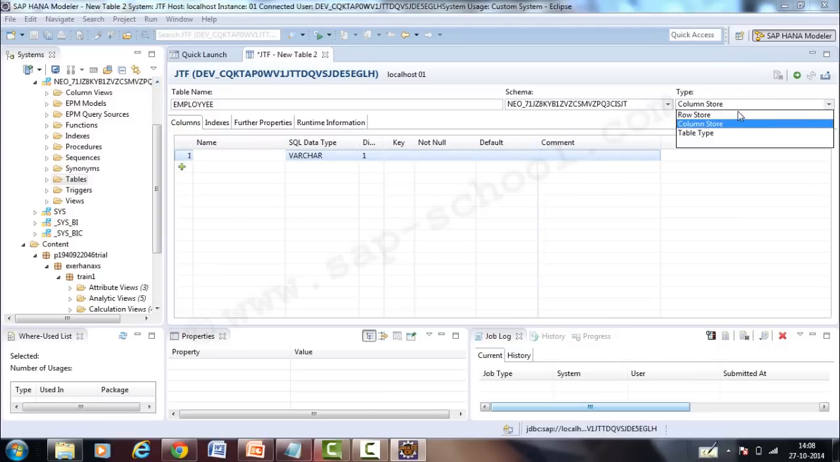We have an option to create the different kinds of tables, the column store or the row store. In HANA you have an option to create both kinds of tables, row store and column store. But since we want to use the advantage of column store here, we'll just say column store, and then you can just go ahead and add all the